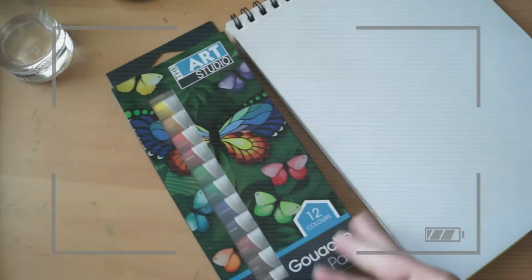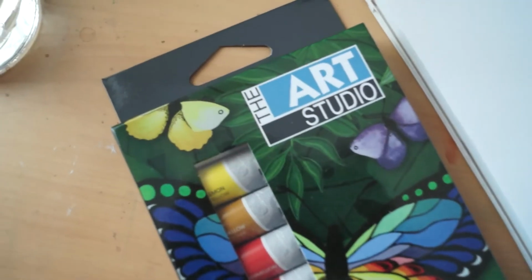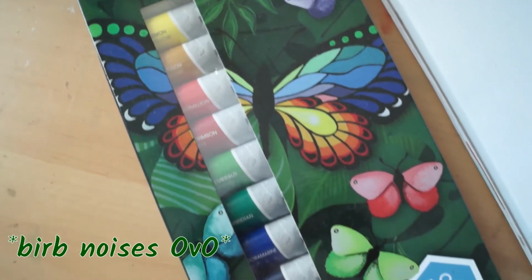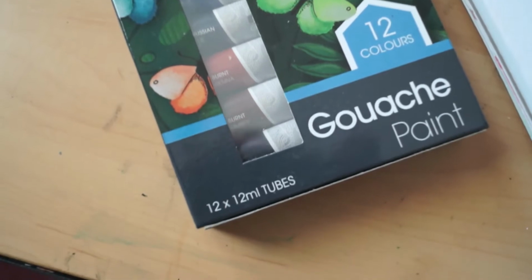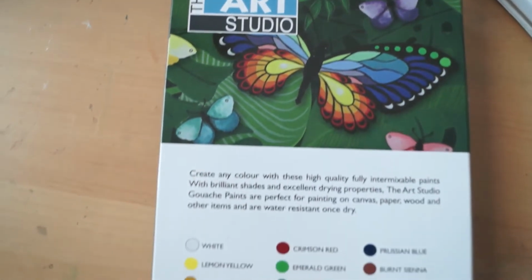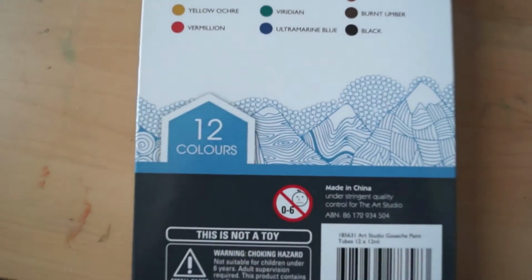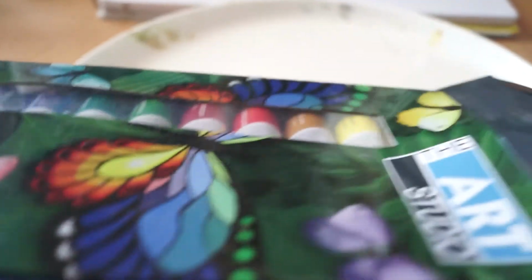Today we are going to be trying out gouache paints for the first time. I think I've only used gouache once before and I'm pretty sure I wasn't doing it properly. It was used for a separate sort of craft project, so this is the first time I'm actually using gouache, and